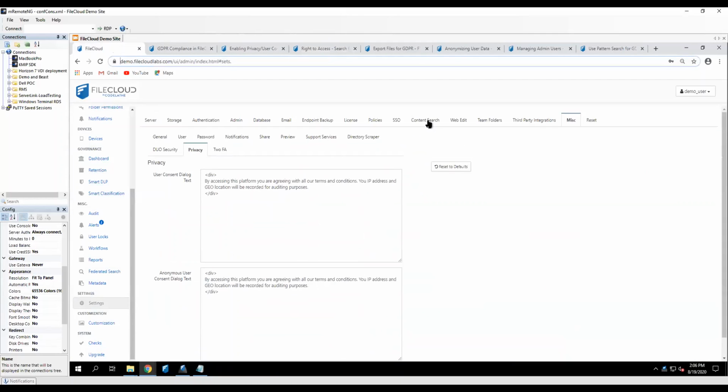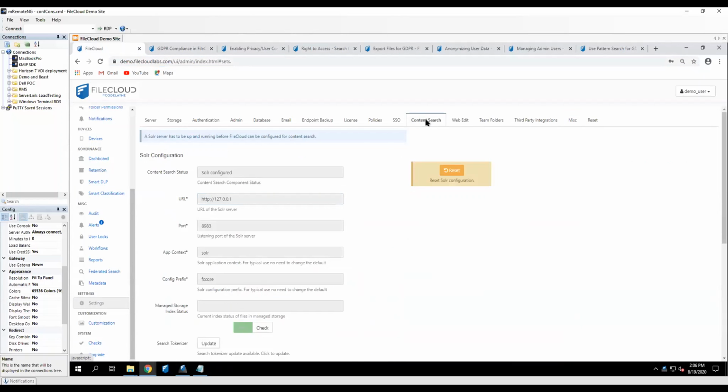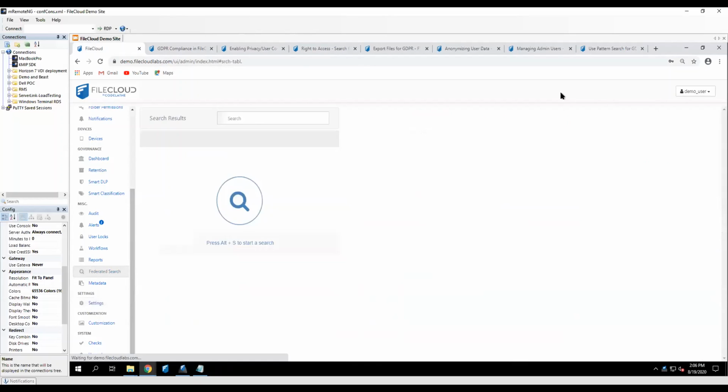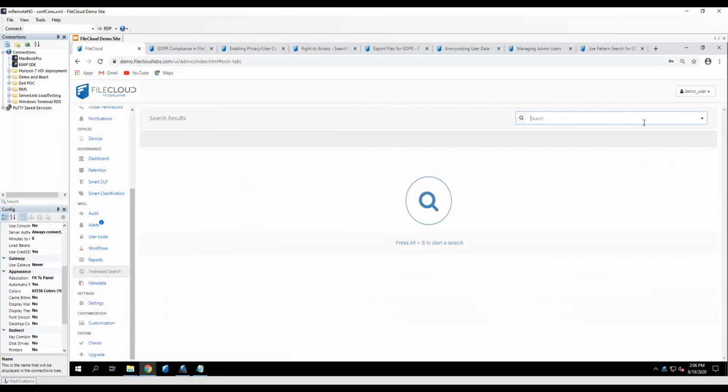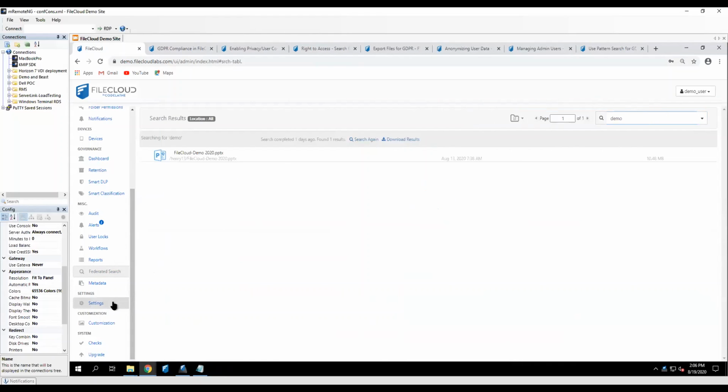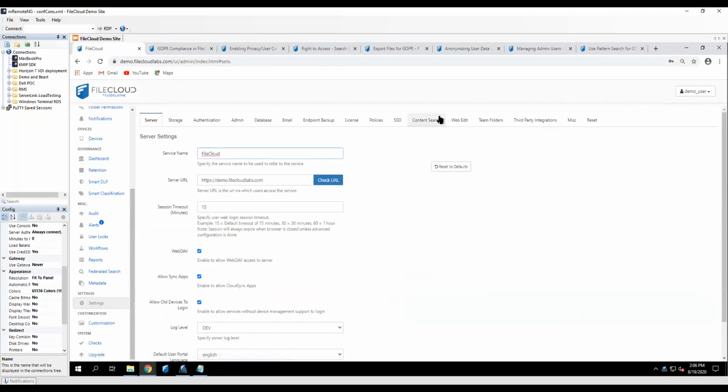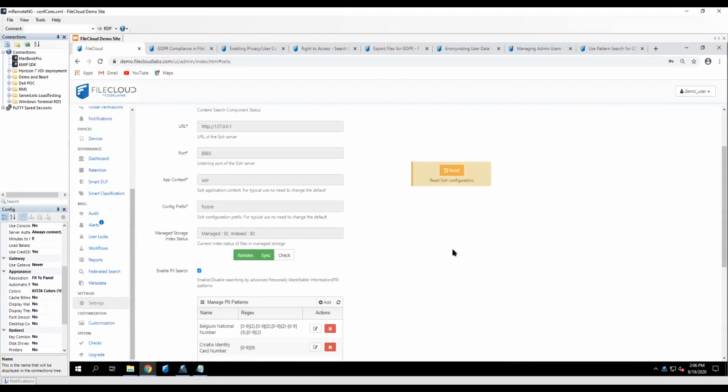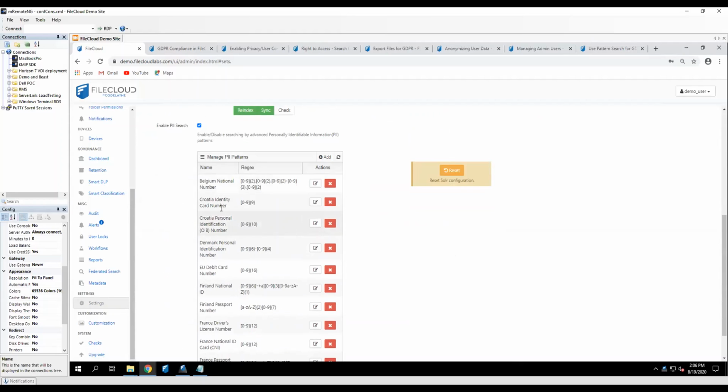FileCloud supports content index search, which pretty much means that it will allow you to search for data that's within a document. In this case, if you want to search for your data, we can search for data like demo. The document comes up, but FileCloud can do way more than just simple text search. FileCloud is also able to search for PII information. We have already added some predefined